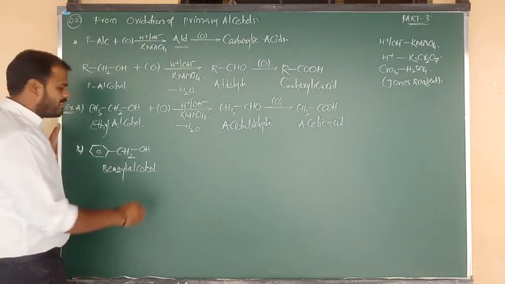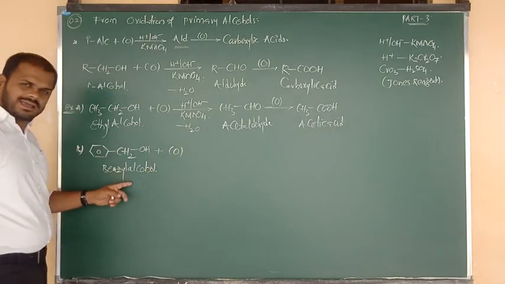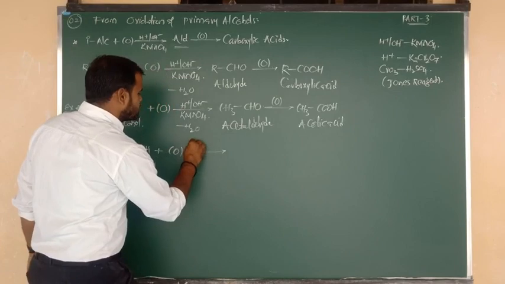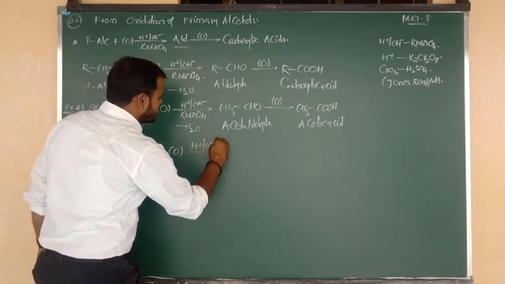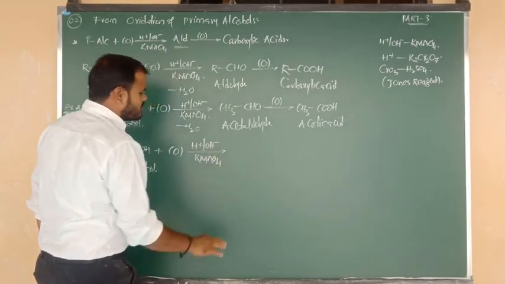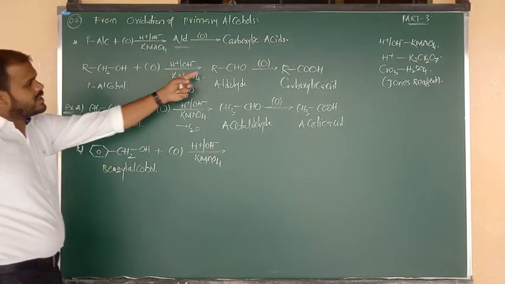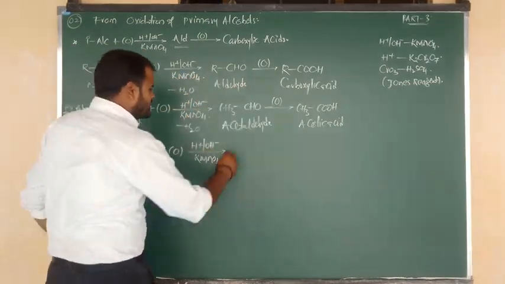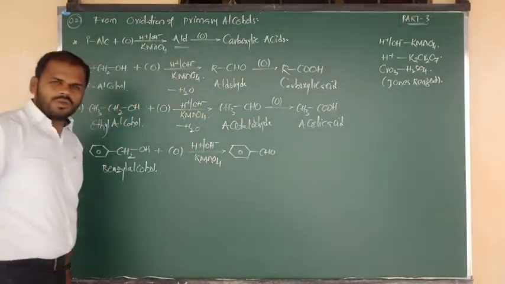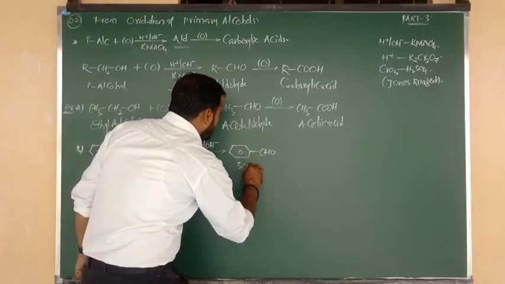Now such benzyl alcohol undergoes the process of oxidation. Oxidation takes place in which medium, acidic or basic? Same thing, KMnO4. If you want, you can write K2Cr2O7 as you wish. Same thing, write benzene in the place of R. So here also, in the place of R, benzene. We will get the product benzaldehyde. That means benzene bonded to CHO. What is the product? Benzene bonded to CHO, simply we can say benzaldehyde.